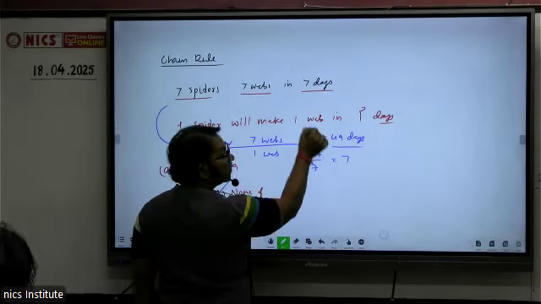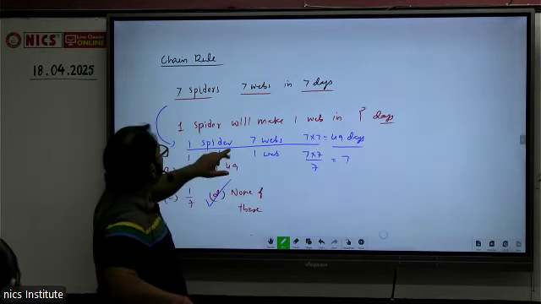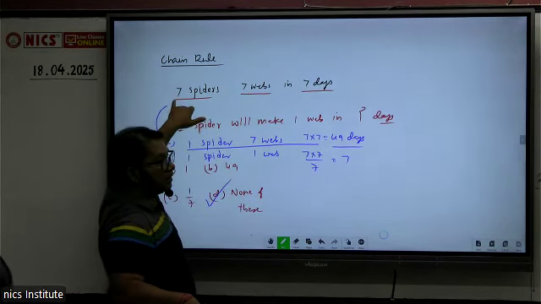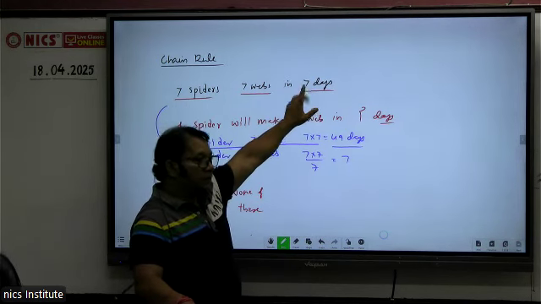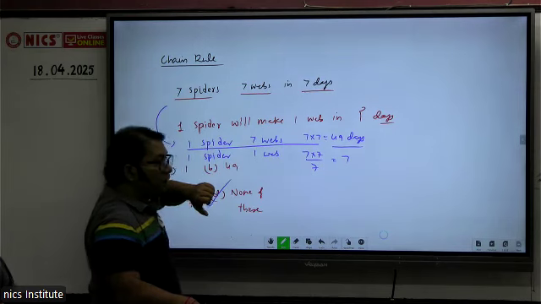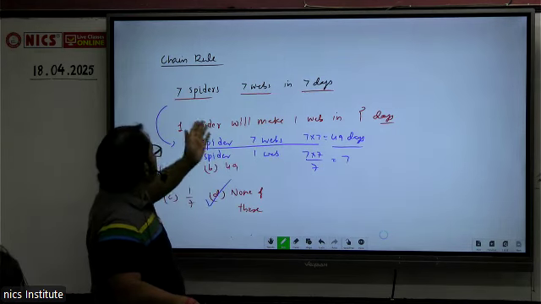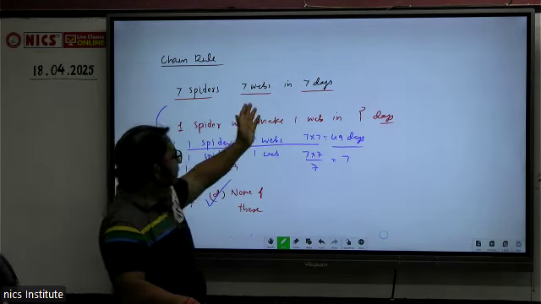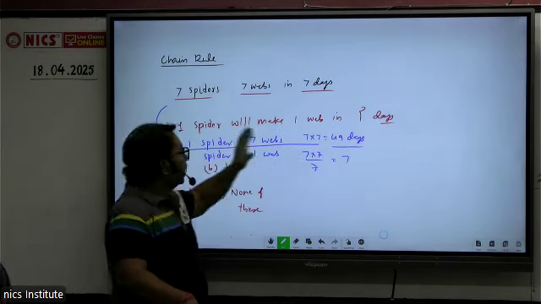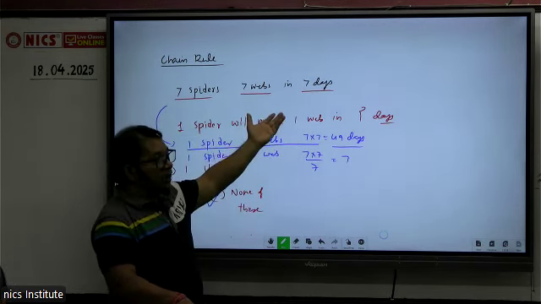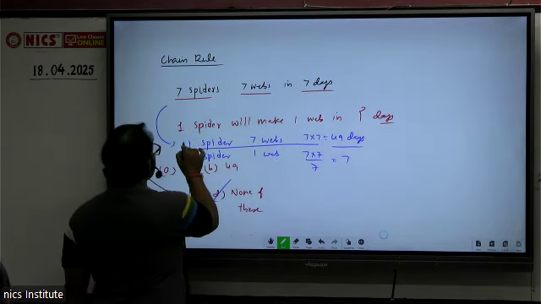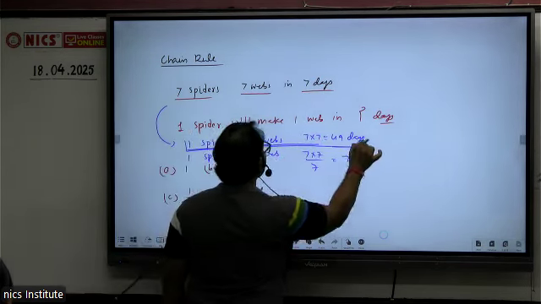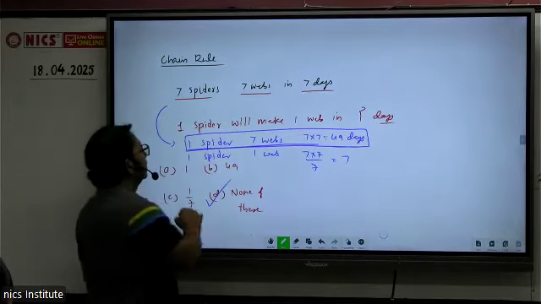So 7 into 7, because this number has decreased. 7 spiders are taking 7 days to make 7 webs, so one spider will take more time. So into 7. So one spider will take 49 days to make 7 webs. So for one web,